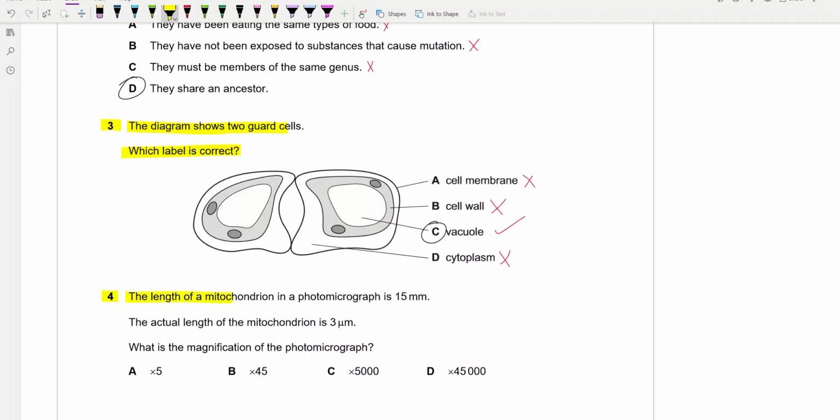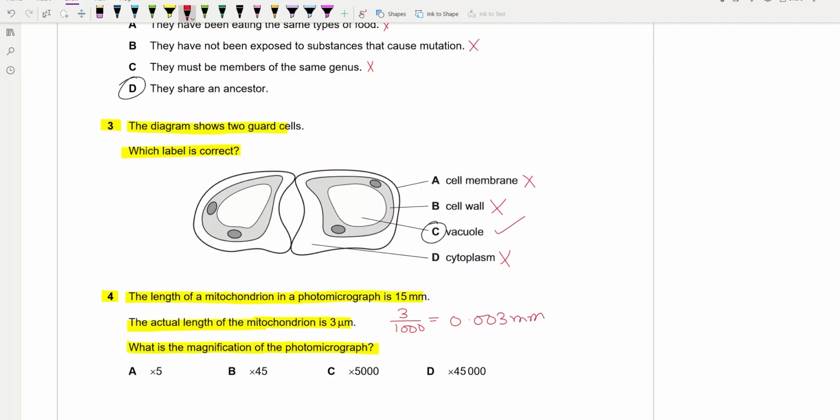Question number 4. The length of a mitochondrion in a photomicrograph is 15 millimeters. The actual length of the mitochondrion is 3 micrometers. What is the magnification of the photomicrograph? So first we would convert 3 micrometers to millimeters, which would be 3 over 1000, equal to 0.003 mm,